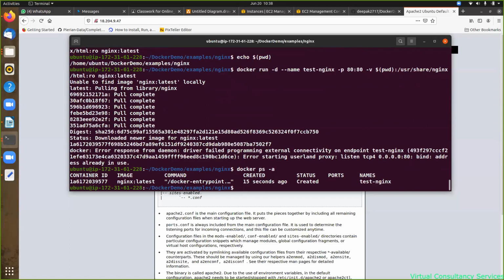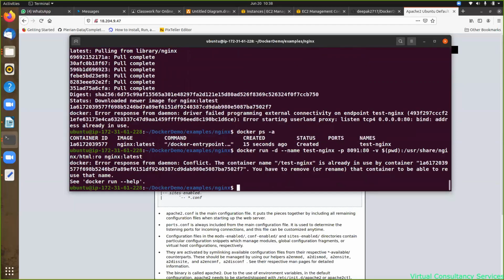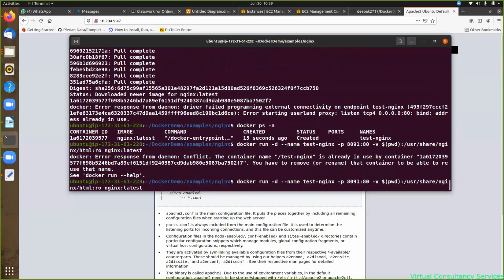Yes. Right now let me do one thing. I will use a port which is not in use. तो मैं यहाँ पे डाल देता हूँ 8091, चलेगा? होस्ट पोर्ट मैंने 8091 डाल दिया। मैं इसको रन करता हूँ, अभी क्या होगा? Execute होगा, मतलब अभी कंटेनर बन जाएगा, अप आ जाएगा, एक्सेसिबल नहीं होगा।